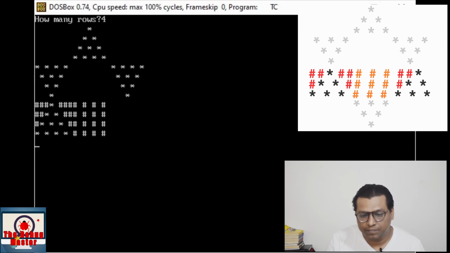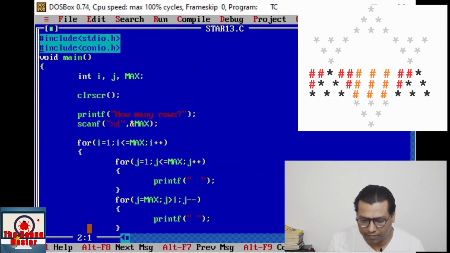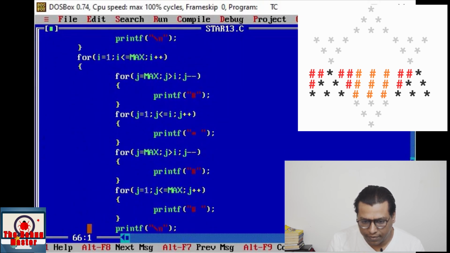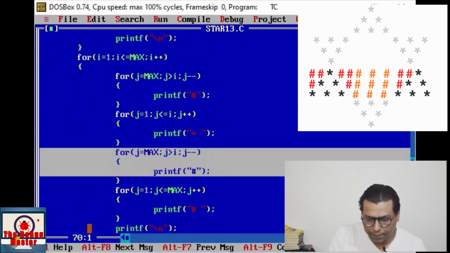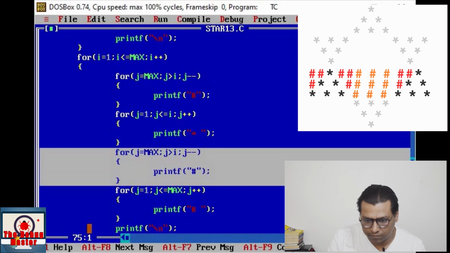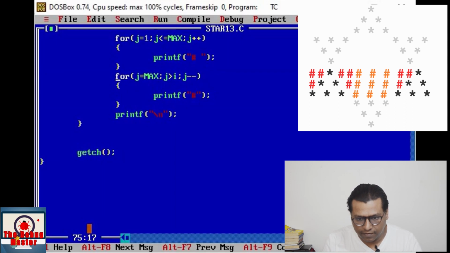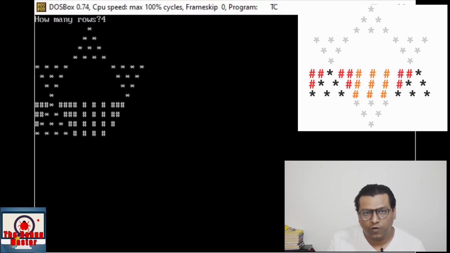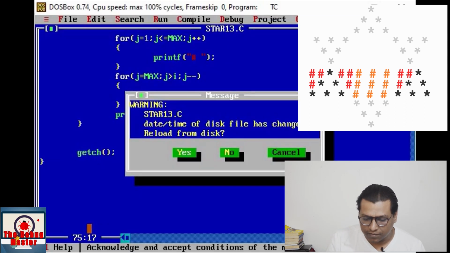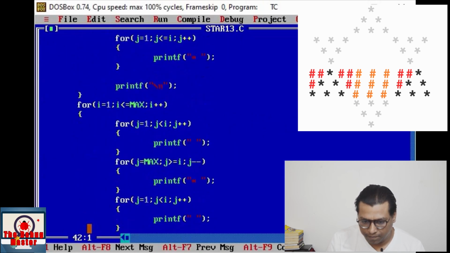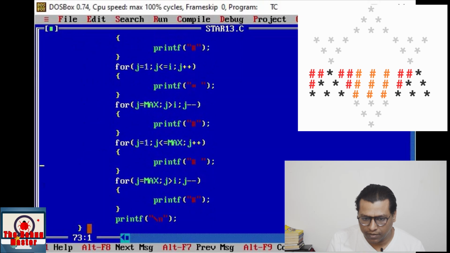Right, friends? The next hash pattern is nothing but this one. Just copy it, paste it after the square pattern, save and run. Got it? And next pattern is nothing but same, the star pattern over here.